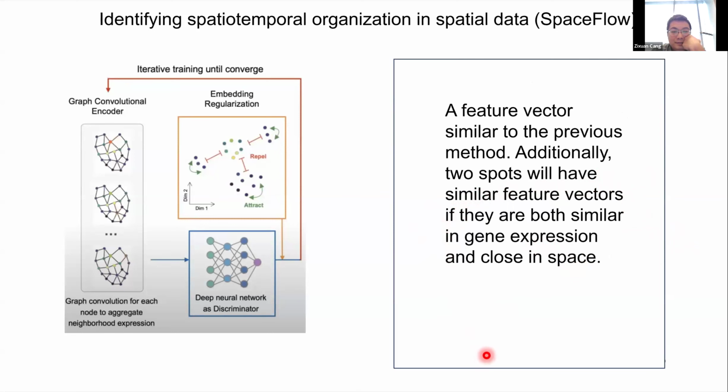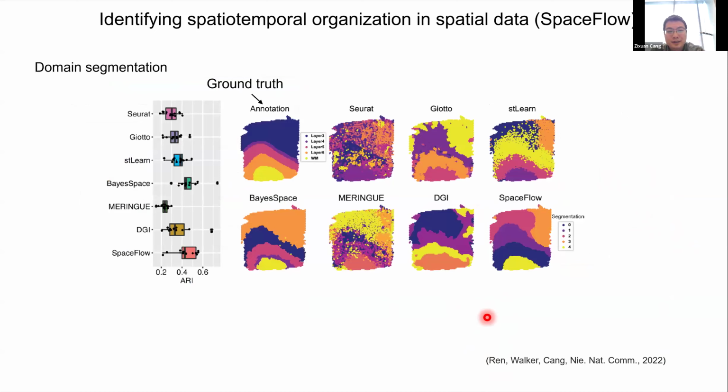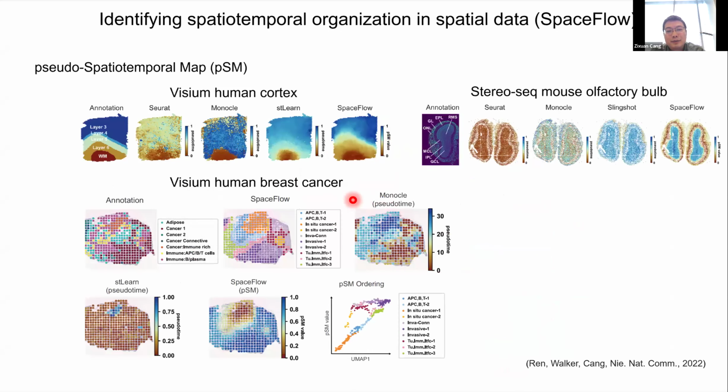So this low-dimensional embedding, we can first test it in traditional tasks of tissue segmentation. This method is what we call SpaceFlow. We see it has a pretty good segmentation of the spatial tissue, and because of the additional loss term that we use to promote a smooth embedding over space, we're able to show some spatially smooth transitions of properties in the